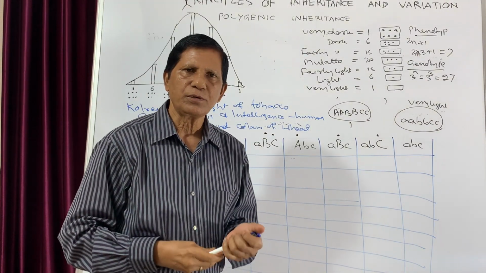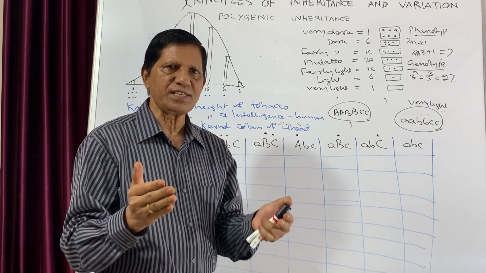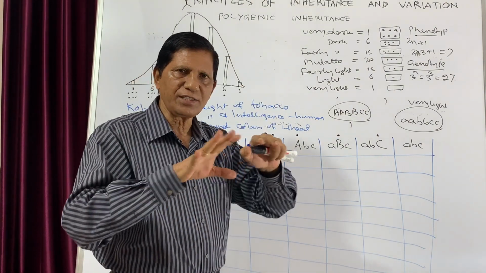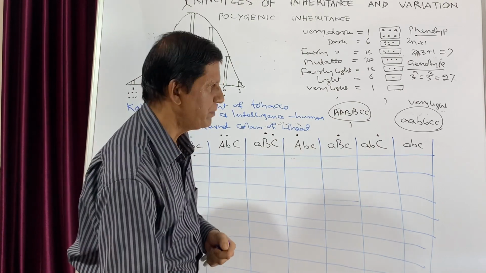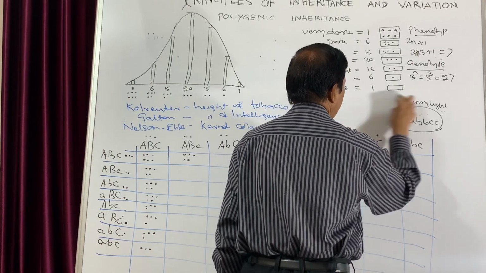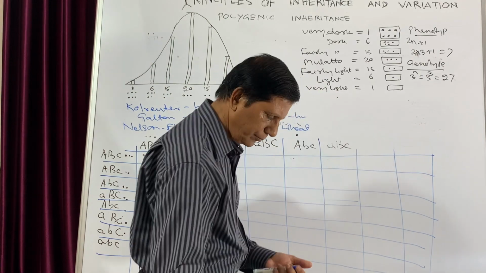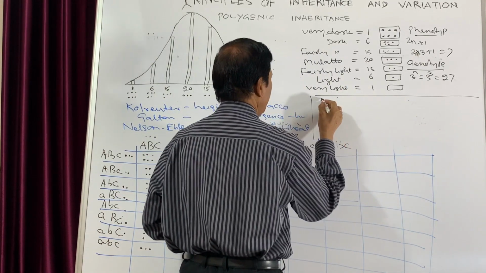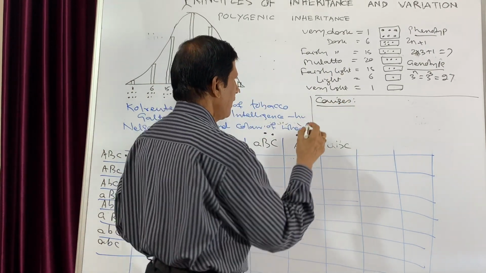Now one question comes to mind. How are several genes regulating a single character? Polygenic inheritance means several genes are regulating a single character. How is it possible? What is the cause behind it? So we will discuss the cause behind it. There are 3 probable causes. Number one is